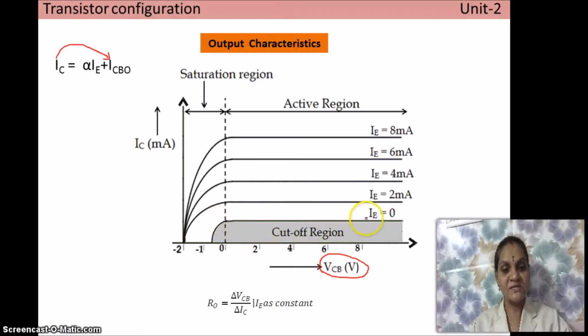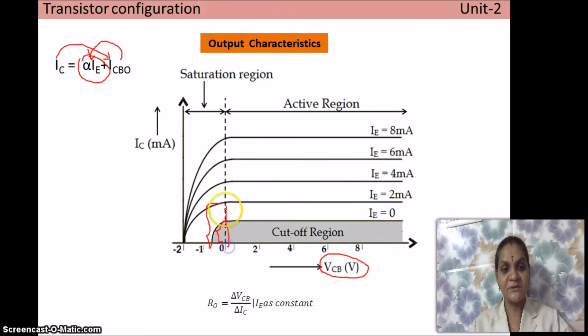So this is the first one, and the second one is I am increasing the input current, that is emitter current, from 0 milliamps to 2 milliamps. So now see what happens if IE increases. So this term is having some contribution. This emitter current, 2 milliamps, multiplied by this alpha, this term will get added to the leakage current. Previously the leakage current is this much magnitude. Now this leakage current magnitude gets added to this magnitude. So now the magnitude increases.